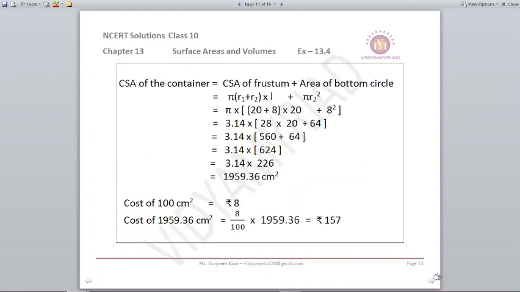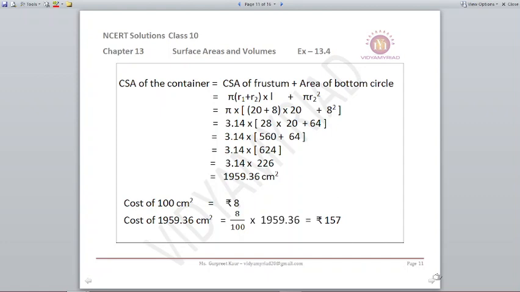Now we know the CSA of the frustum plus the area of the bottom circle we have to add over here. So pi into (r1 plus r2) into L plus pi r2 square. We have all the information with us. Pi is taken as 3.14 into (20 plus 8) into 20 plus 8 square. On solving this, we get 3.14 into 226, which comes out to be